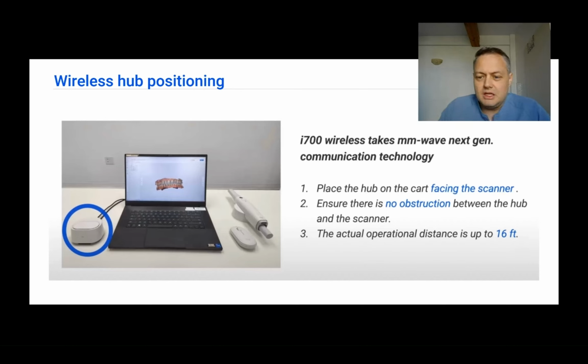Also, for any scanner from Medit, my recommendation to you would be to place the laptop at such an angle that you will always be able to see not only the patient but also the laptop screen. I don't like scanning and only hearing the sound that the scanner makes, because as you can already know, when you scan, you hear music that you can change if you don't like the music from Medit, but anyhow, you're going to hear sound, and the sound is going to have a wider, bigger volume if you scan correctly and if the scanner is actually getting information,